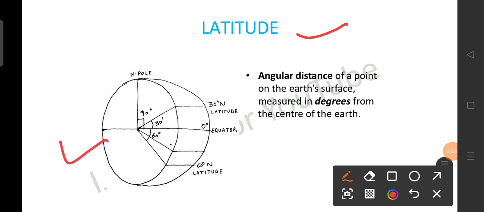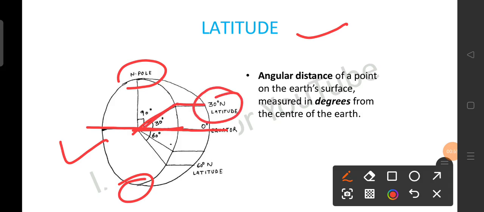Here the figure is given. Here is the North Pole, here the South Pole. These are the divisions. The equator is at 0 degree, while this is 30 degree north latitude and this is 30 degree south latitude. So, angular distance